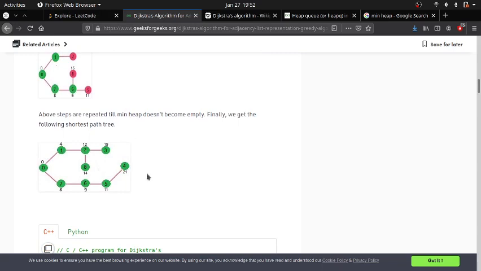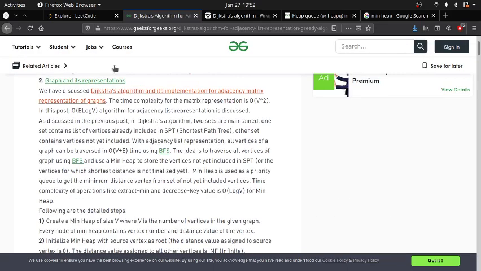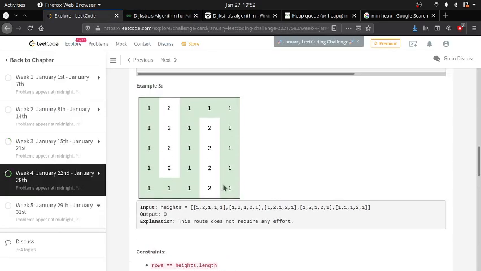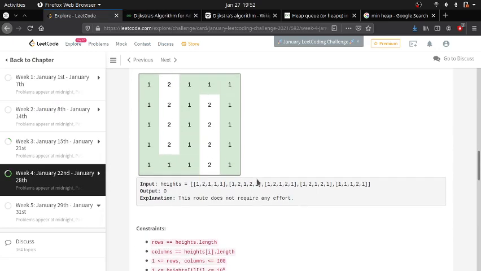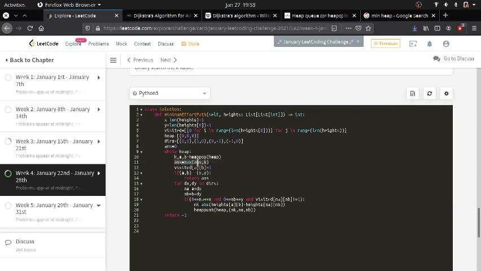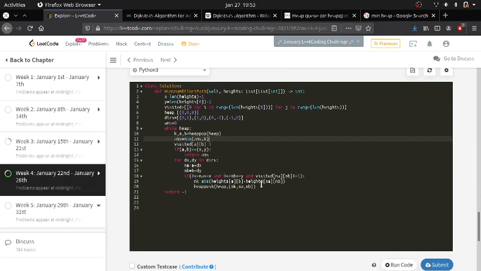Minimum spanning tree, yes, it will be formed, or it might not be formed. We might visit the last index without visiting all these nodes. There are many possibilities, but anyway we will be visiting the last node with a minimum effort, that is the maximum absolute difference in that path. So for that purpose I am calculating the answer, which is the maximum of the efforts that have been put in this route.